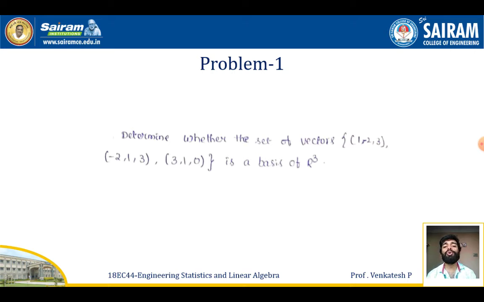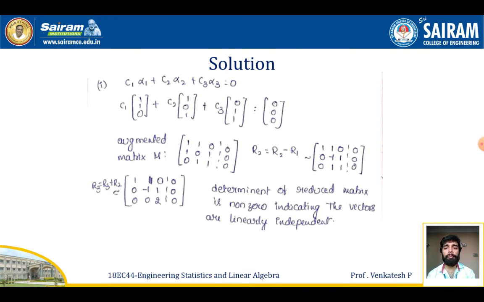First I am going to show the vectors are linearly independent. For that, choose a linear combination of the form C1 alpha 1 plus C2 alpha 2 plus C3 alpha 3 equal to 0. In place of alpha 1, alpha 2, alpha 3, I am replacing the given vectors: C1 (1, 1, 0) plus C2 (1, 0, 1) plus C3 (0, 1, 1) equal to the column matrix (0, 0, 0). On expanding this, I get the equations C1 plus C2 equal to 0, C1 plus C3 equal to 0, C2 plus C3 equal to 0.